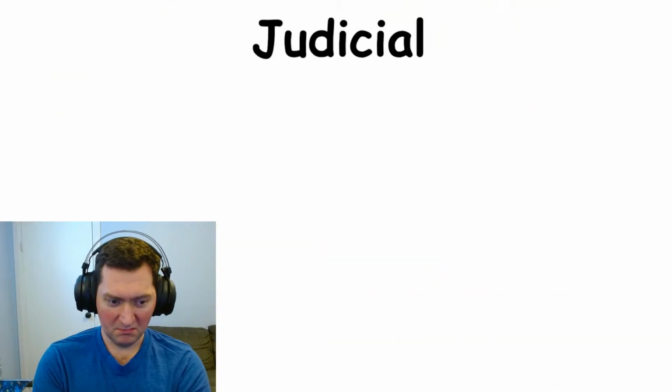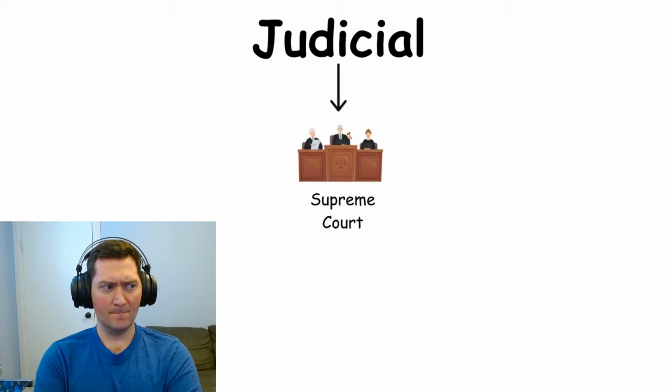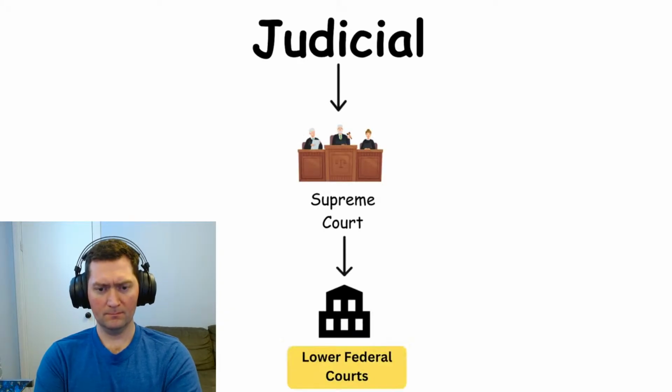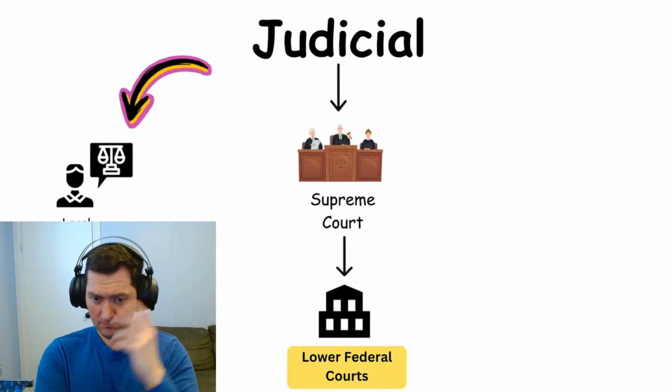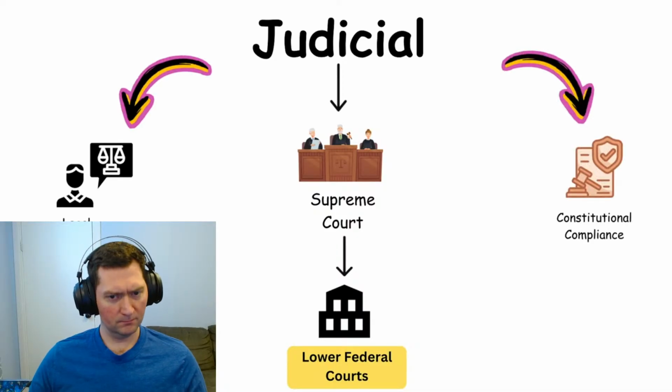Maybe Treasury. Finally, we have the judicial branch, which interprets laws and ensures they comply with the Constitution. At its core is the Supreme Court, the highest court in the land, along with lower federal courts. The judiciary has the power to review laws and executive actions, ensuring that they align with